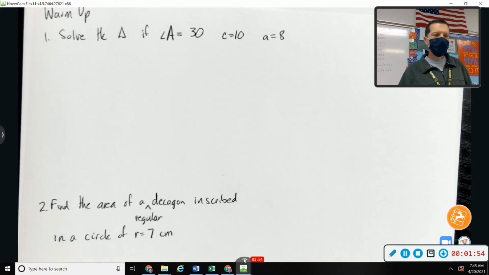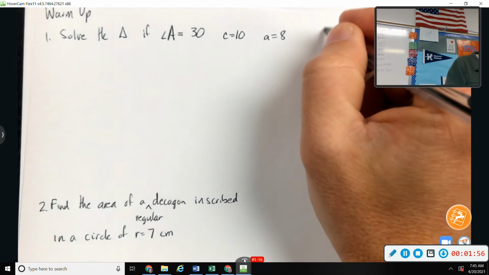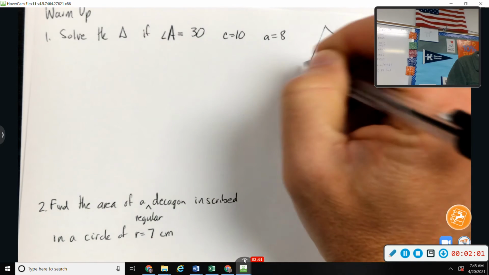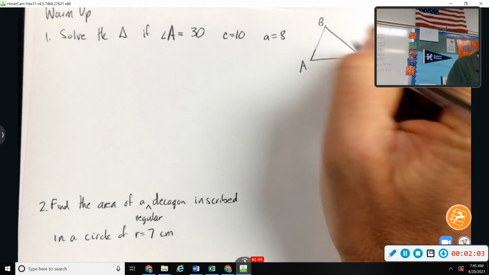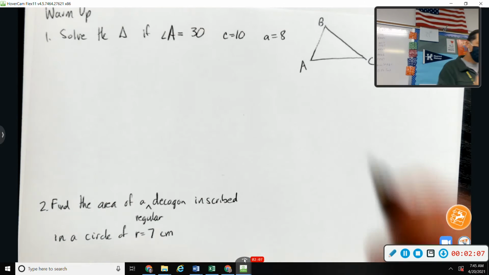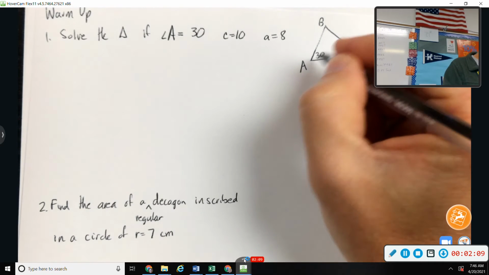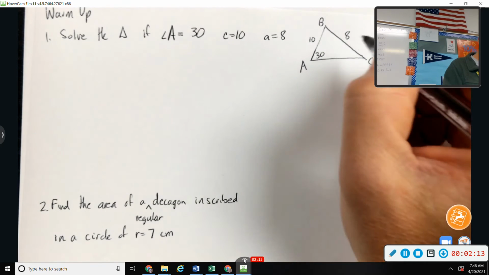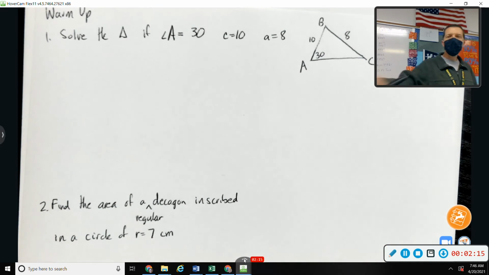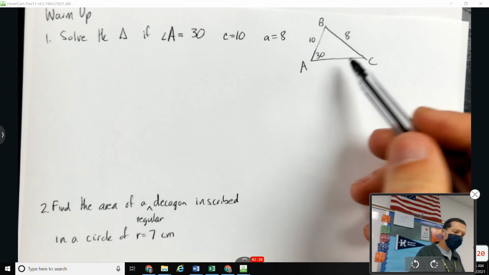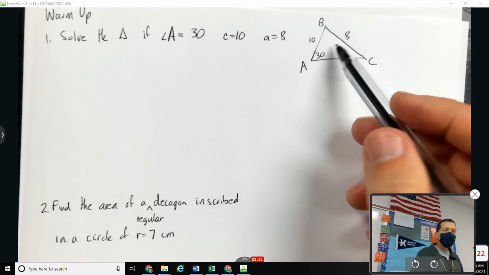So number 1. You don't have to draw a picture, but I think I would. I also realized I didn't tell you the other side name, but most of you went with B because that would seem to make the most sense. So angle A is 30, side A is 8, side C is 10. So this is law of sines because I have an angle side pair, the A's, but it's the ambiguous case